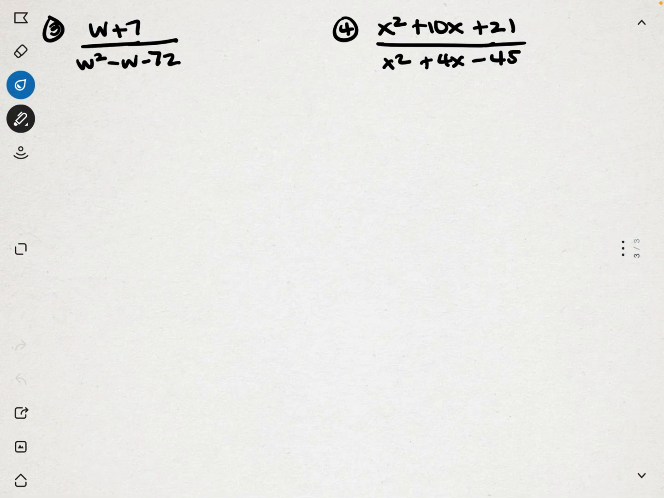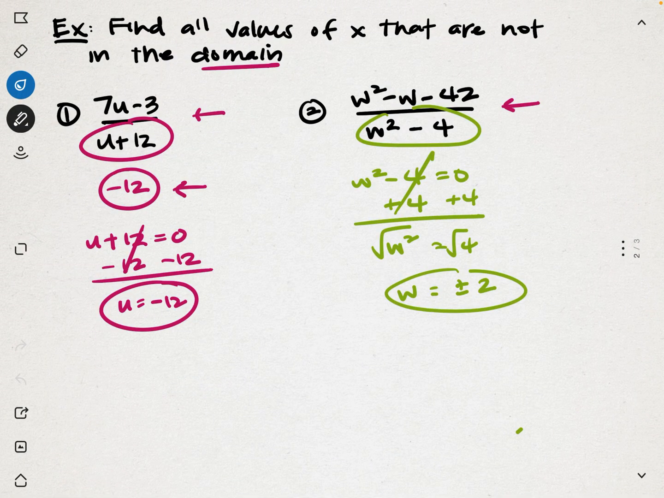Okay, second method is, hopefully, if you guys are good, you recognize this as a difference of squares. The first part, w squared, is a perfect square. The square root is w. The second term is 4, which is a perfect square again. Square root is 2, and we have a minus sign in between. So we know that that factors